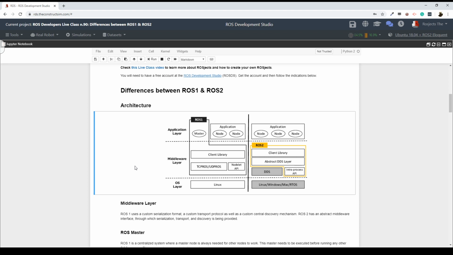Then this middleware layer, it's very different in ROS1 and ROS2. In ROS1, basically we're using custom protocols like TCP-ROS, UDP-ROS, which are based on TCP and UDP, but they have been created custom for ROS. Yes, that's why they are called TCP-ROS and UDP-ROS. This is for ROS1. So this is how ROS1 works. But for ROS2,